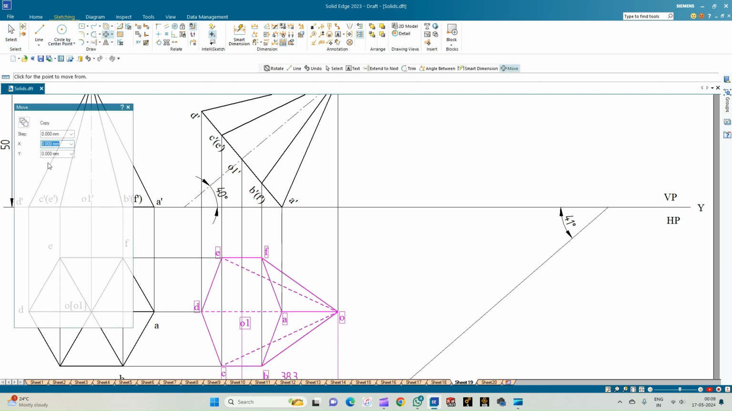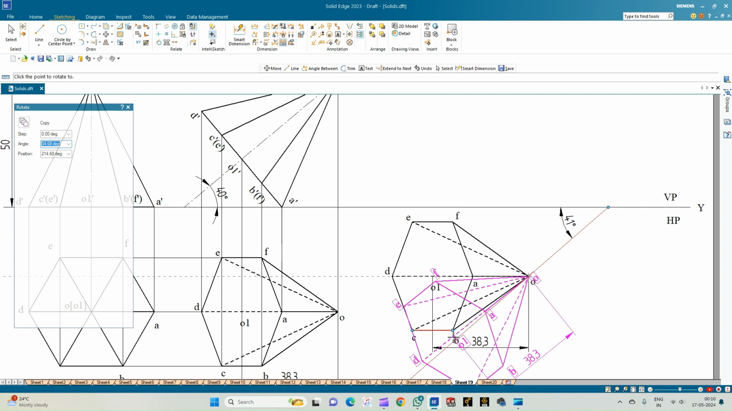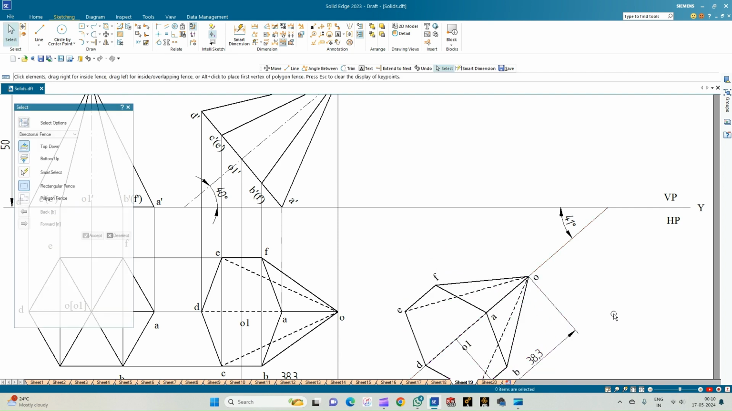Select the move option, ensure the copy is on, and then keeping point O as the reference, place the point O on the 41 degree line. Now use the rotate option. The first point of rotation is O and the second point of rotation is O1. So incline this